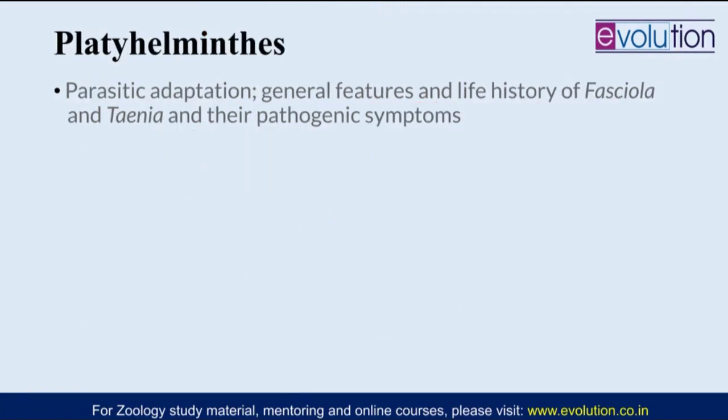Then we begin with the next phylum, Platyhelminthes, and from here starts the Bilateria. Before beginning with Platyhelminthes, you have to do the origin of Bilateria. There are many theories given on how a bilateral organism developed from a radial ancestor, and then they diversified and formed the rest of the animal kingdom. So the origin of Bilateria is something you should study.